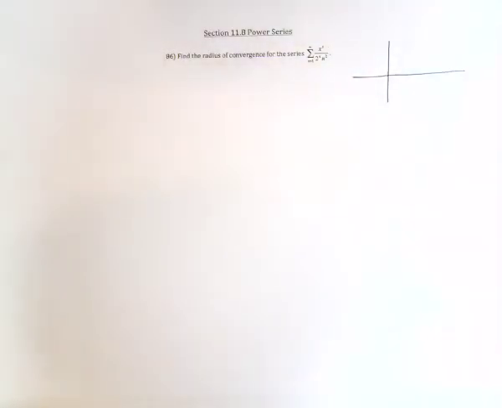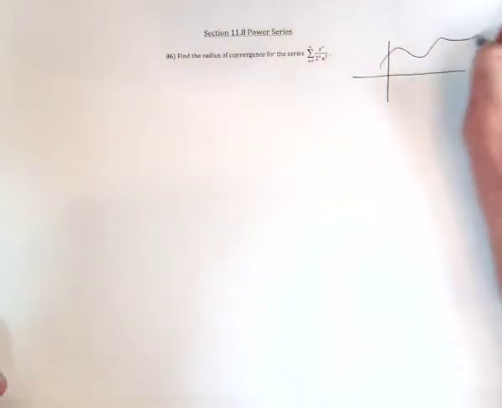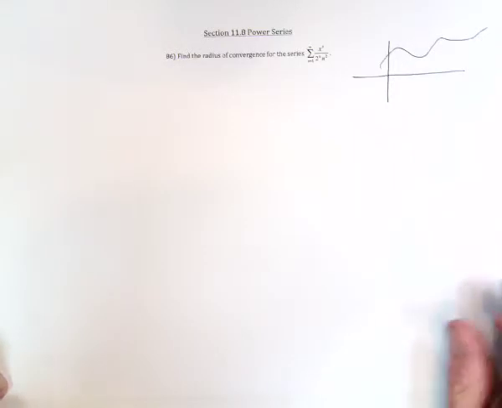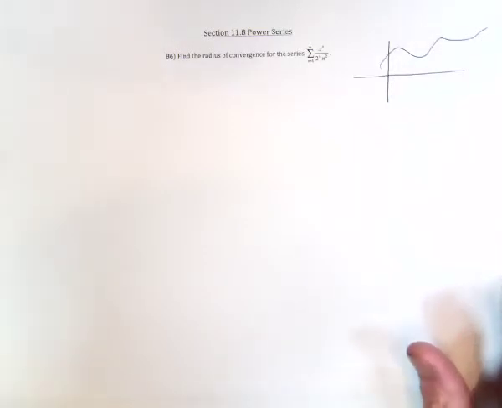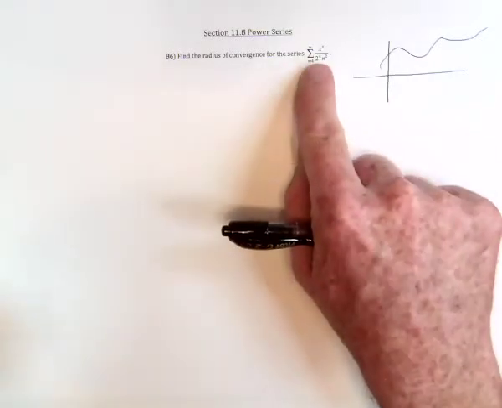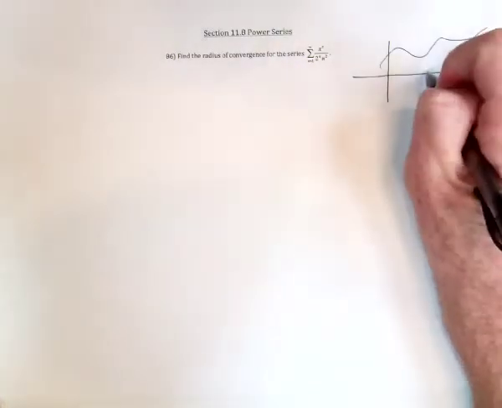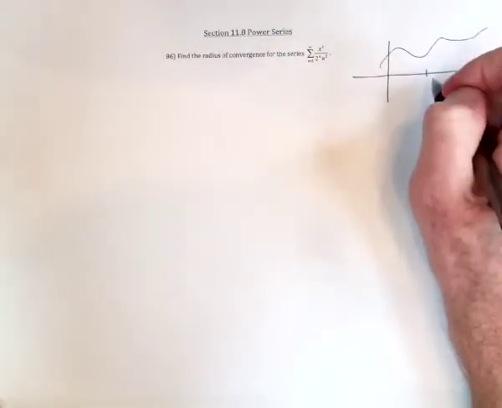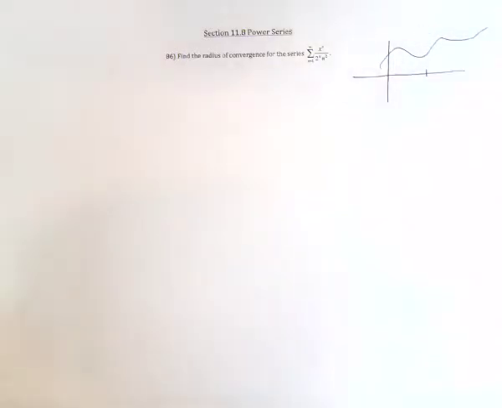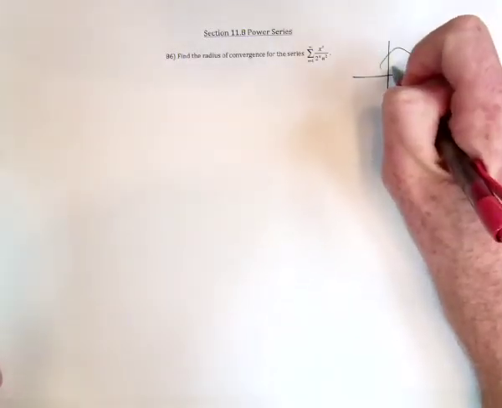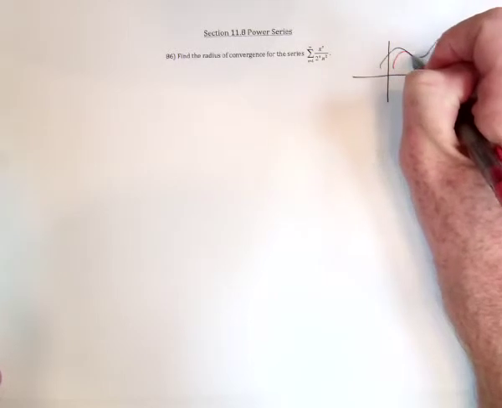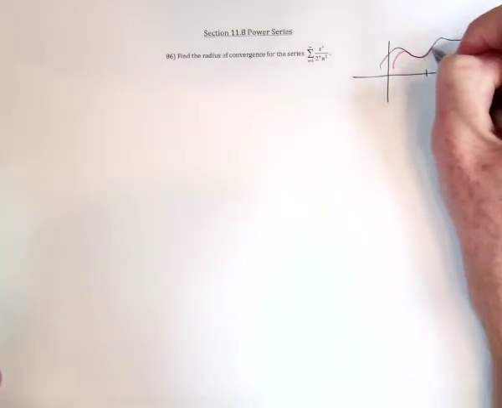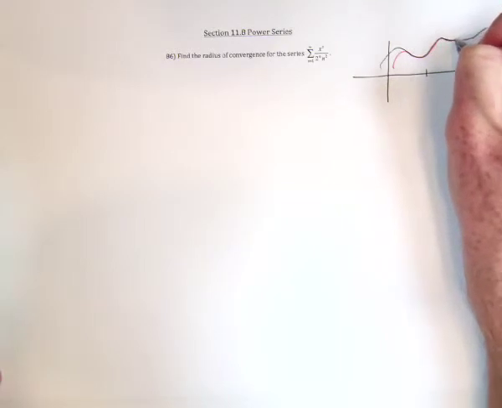you have some function and you've got a graph of the function that's like this, and you're not sure what function it is. You've just got a graph from some data or something like that. So what you can then do is create a power series, and what will happen is you've got, let's say, some x value here. What will happen is you can create a power series that will converge, so your series will go like this, and it will copy this function. If you're lucky, it will copy it forever, but it may be that it copies it for this area in